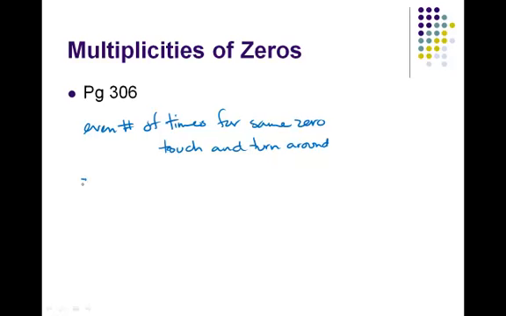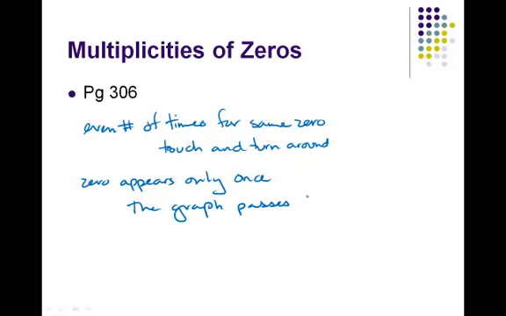If the 0 appears only once, the graph passes through